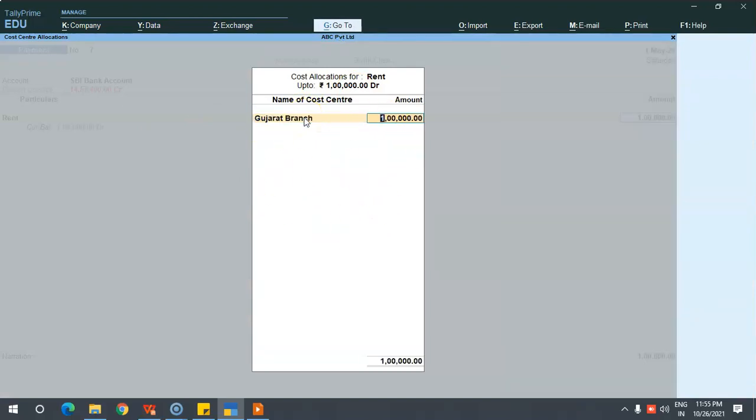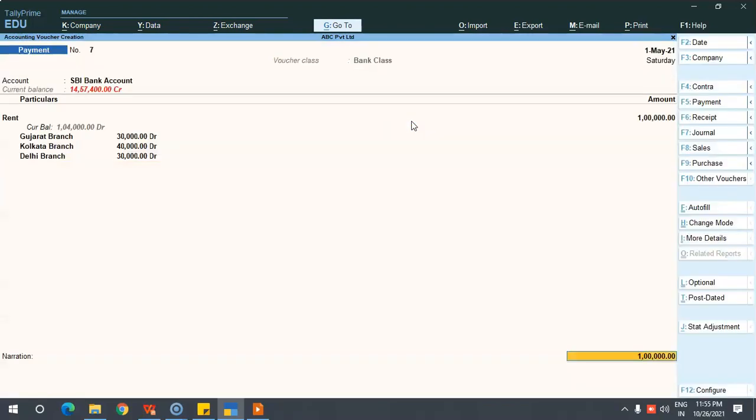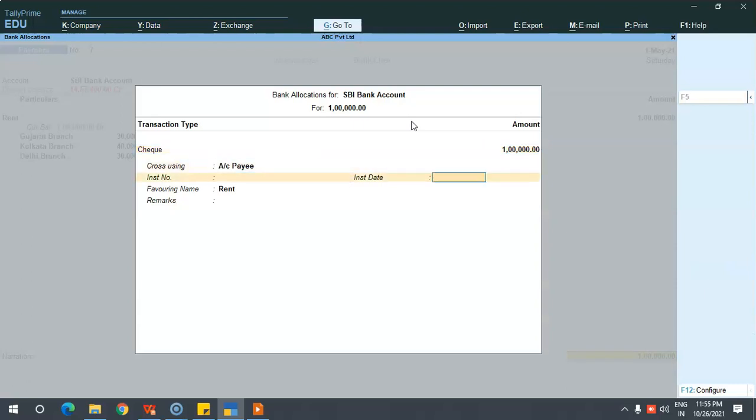So the 1 lakh of rent I can allocate to concerned cost centers. For Gujarat it is 30,000 rent, for Kolkata it is 40,000 rent, and for Delhi it is 30,000. Likewise you can allocate the cost centers.